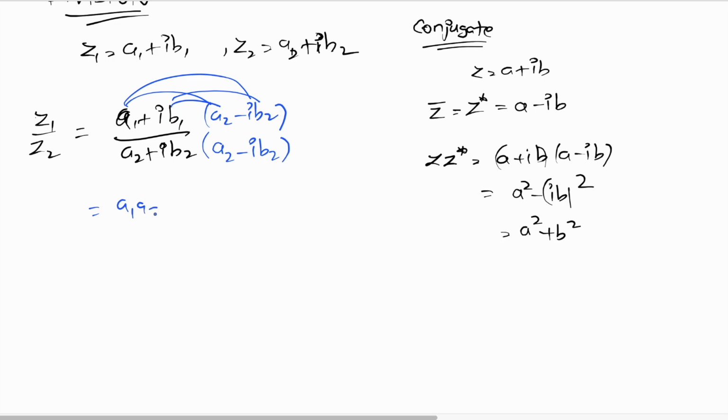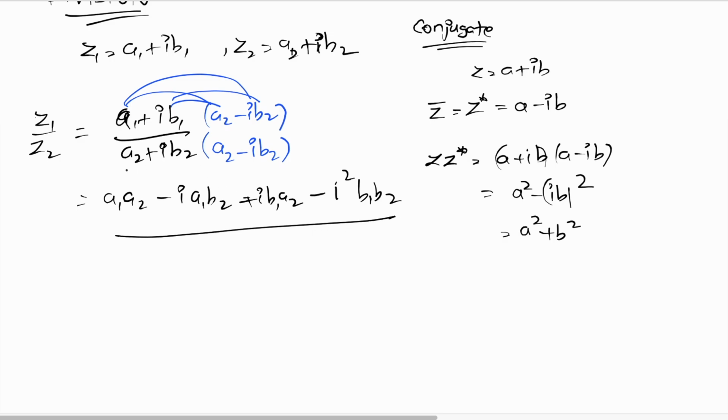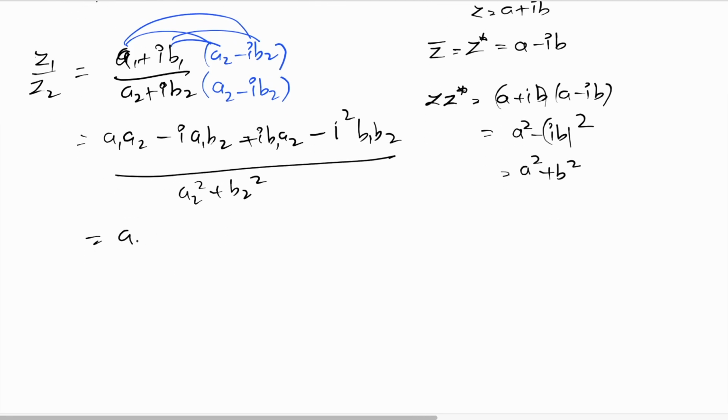So a1 will get multiplied with a2 and a1 with ib2, and similarly the other two as well. Let's change the color here. So I get a1 a2 minus i a1 b2 plus i b1 a2 minus i squared b1 b2. And in the denominator, since I'm multiplying a complex number with its conjugate, I'll get a2 square plus b2 square. Now i squared is minus 1, so minus minus plus, so a1 a2 plus b1 b2 plus i times b1 a2 minus